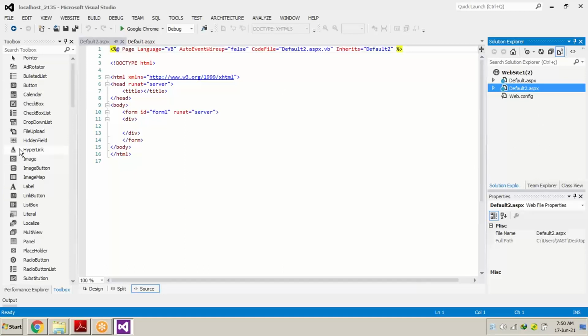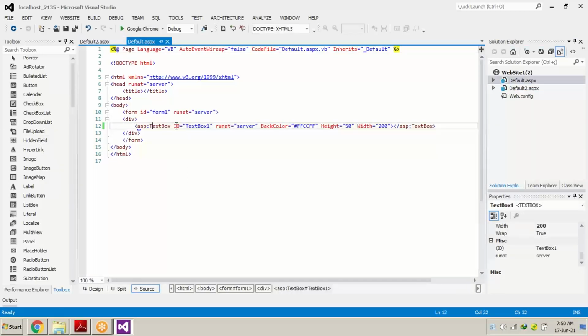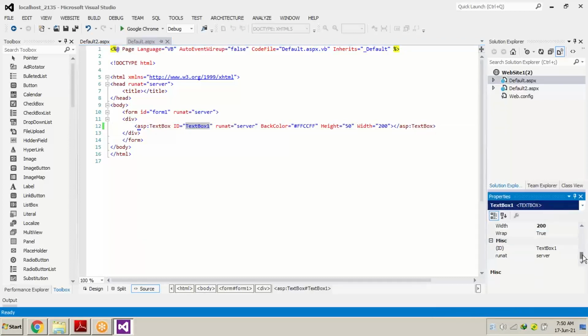The toolbar over here on the left hand side contains the tools required to design an application on a page. Every control, every tool has its own properties over here in the bottom right hand corner.